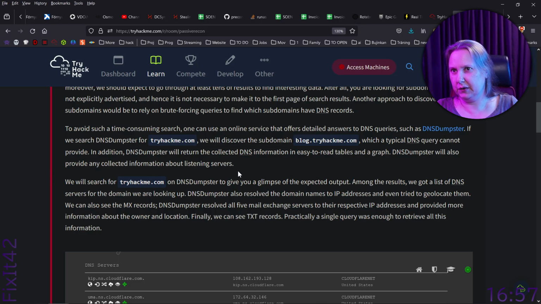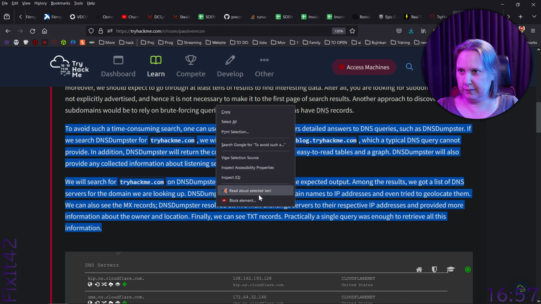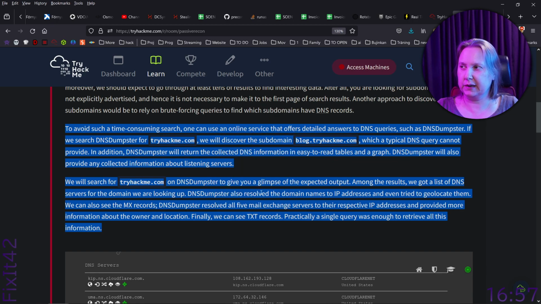So time passes quickly, though we've done a few learning pages today. To avoid such a time-consuming search, one can use an online service that offers detailed answers